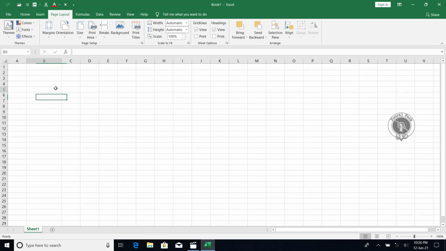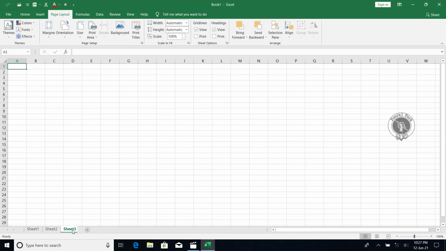Okay, so this is the procedure, and as I told you, this we call a cell. Each and every Excel file we call a workbook, and each workbook has multiple sheets. Now here we have sheet 1, and for more sheets, click here for a new sheet, sheet 2, then sheet 3. If you click this plus button, it will increase one by one. You can have as many sheets as you want by clicking this button.